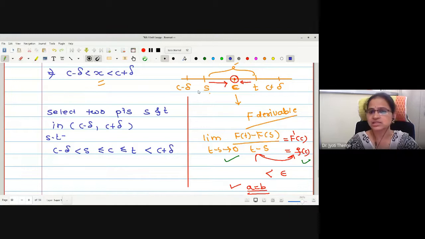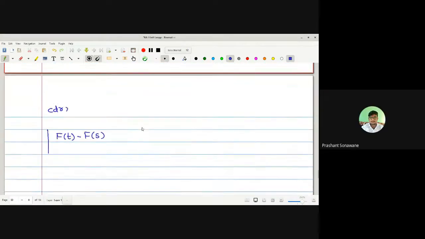This is the way we have chosen S and T. C minus delta less than S, S less than or equal to C, C less than or equal to T, strictly less than C plus delta. This is the point selection we have made, so that whenever we consider this increment ratio Ft minus Fs upon T minus S, this T minus S tending to 0 will generate the derivability at the point C. So we are considering